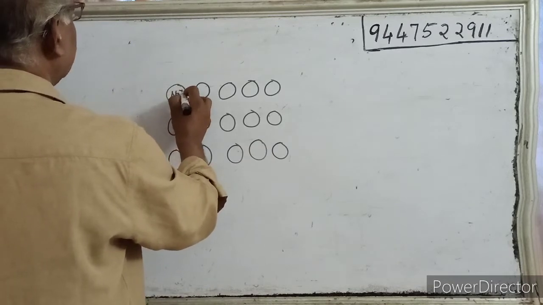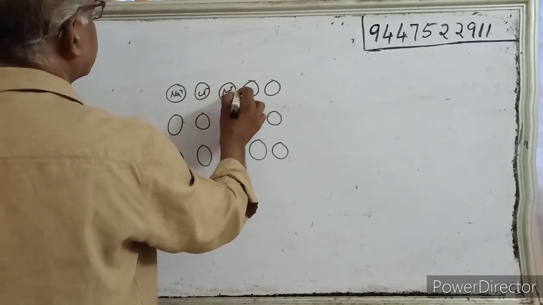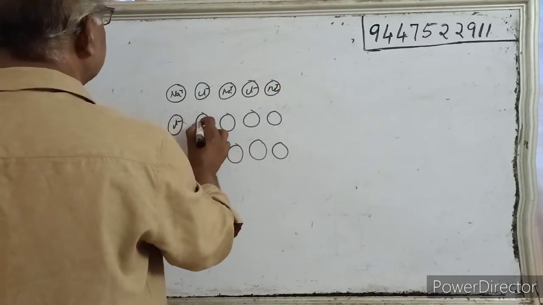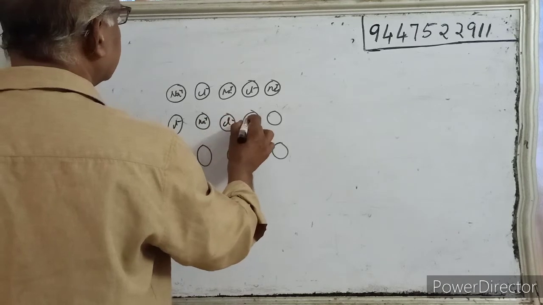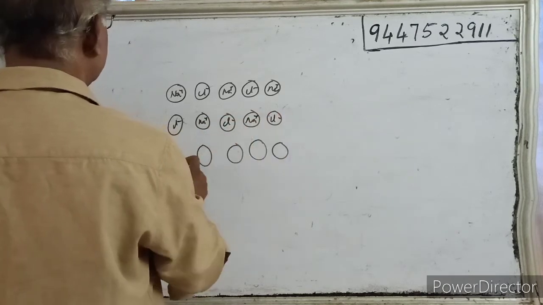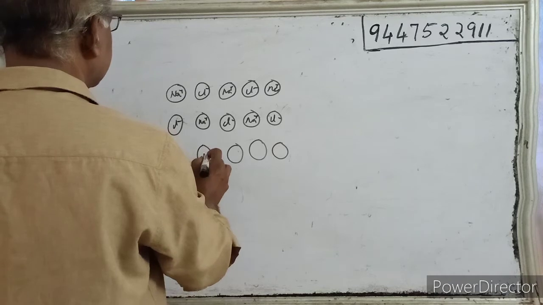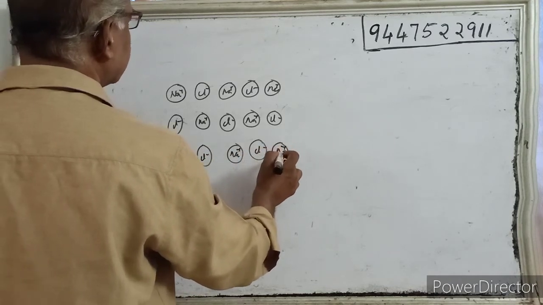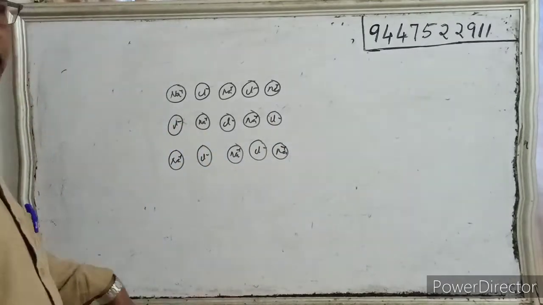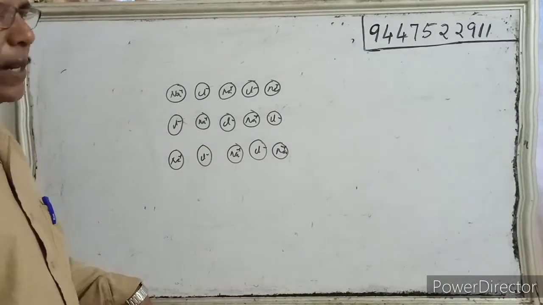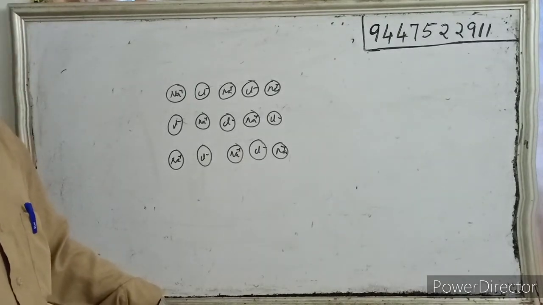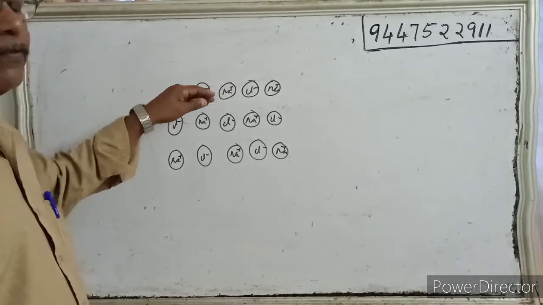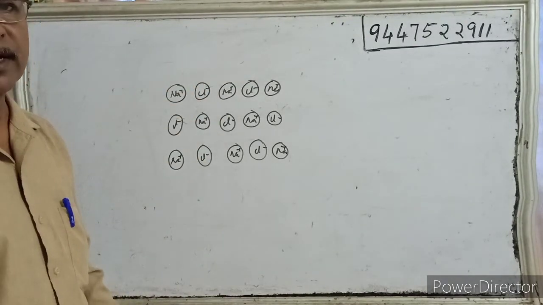Na+ ion, Cl- ion, Na+, Cl-, Na+, Cl-, Na+, Cl-, Na+, Cl-, Na+ ion. So this is the arrangement of the sodium ions and chloride ions in a sodium chloride crystal. When you are heating it with sodium metal, the sodium metal will accumulate on the surface of the crystal.